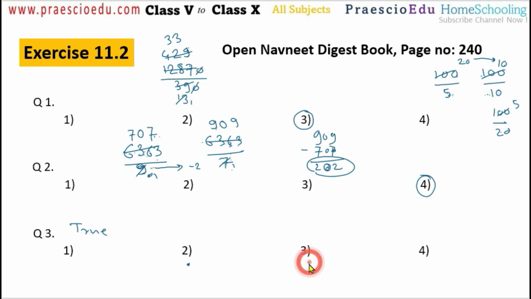Just check option number 3, divisor is always greater than the quotient. No, this is also an incomplete or incorrect statement, like this one. You can check these 3 examples for whether the divisor is always greater than the quotient. Here 5 and here 10, you can compare, this is not so. So option number 3 is incorrect, or we can say a false statement, but we require the true statement.